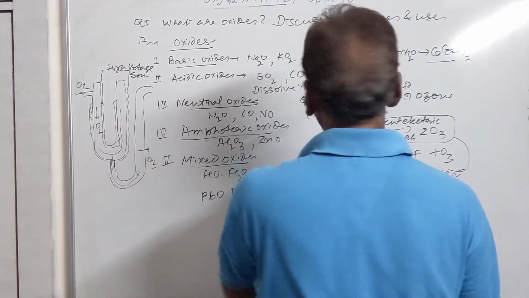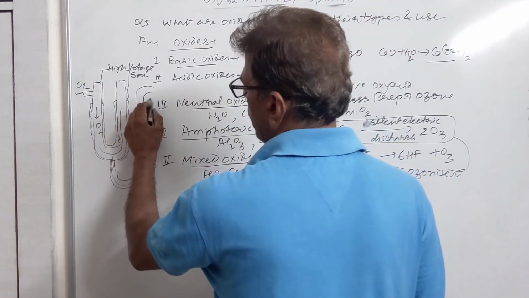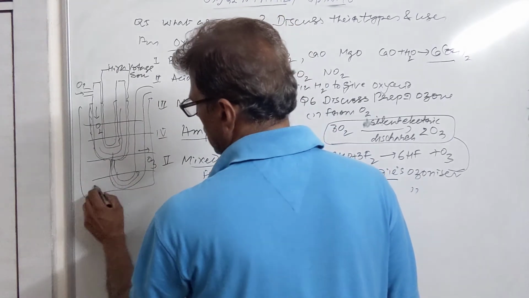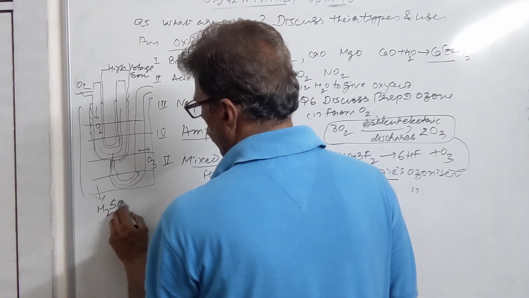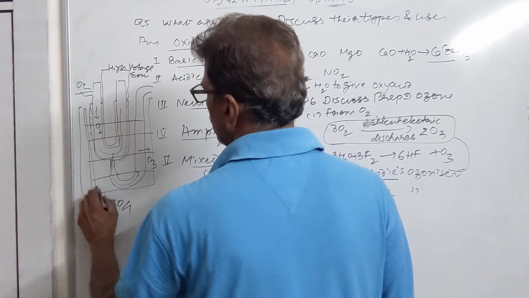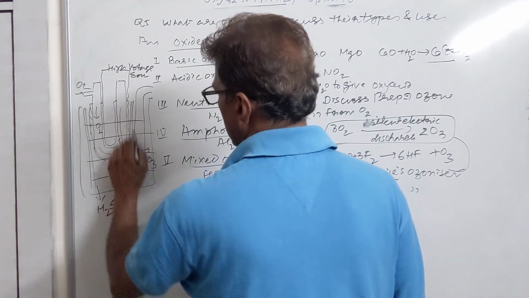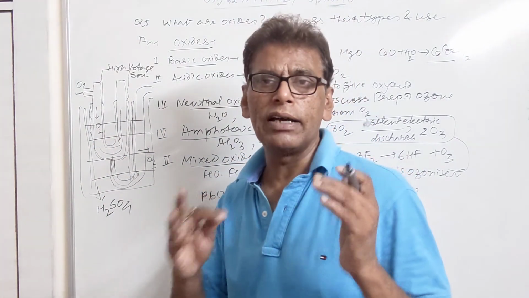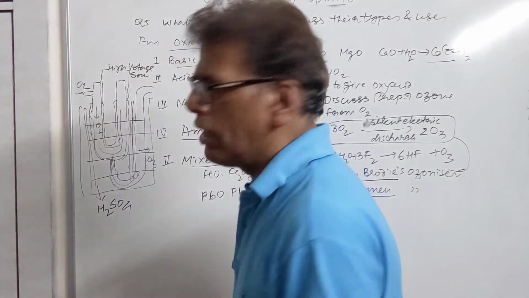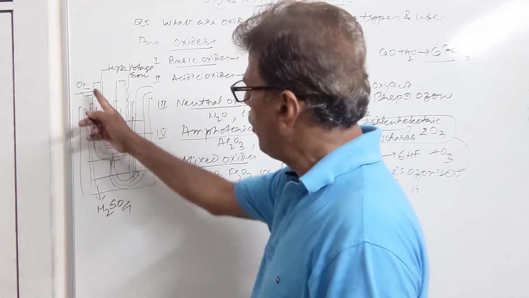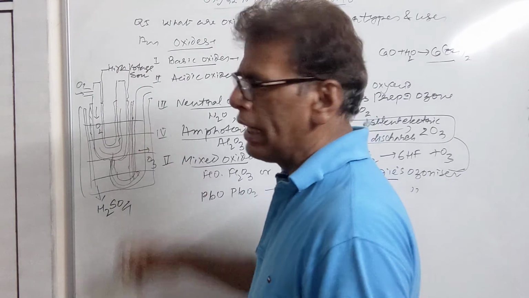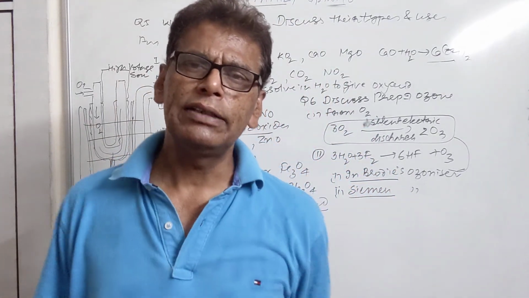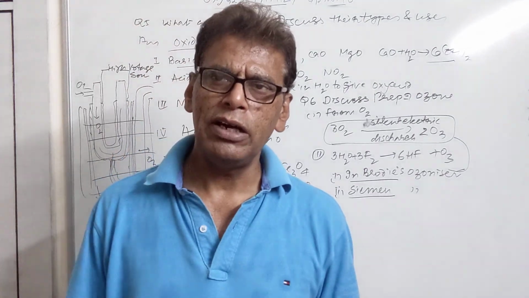और जो सीमेंस ओजोनाइजर है, in that case tin foil has been replaced by sulfuric acid. तो इस ट्यूब को सल्फ्यूरिक एसिड के बाथ में डिप कर दिया जाता है और 2 इलेक्ट्रोड यहाँ लगाए जाते हैं. उनसे इलेक्ट्रिक करंट पास किया जाता है. इलेक्ट्रिक करंट पास करने पे this tube gets heated up. जो काम इलेक्ट्रिक करंट कर रहा था, now it is done by the sulfuric acid bath, and oxygen when passed through this tube gets converted into ozone. So this is about the preparation of ozone. In the next lecture we will be discussing chemical properties of ozone.